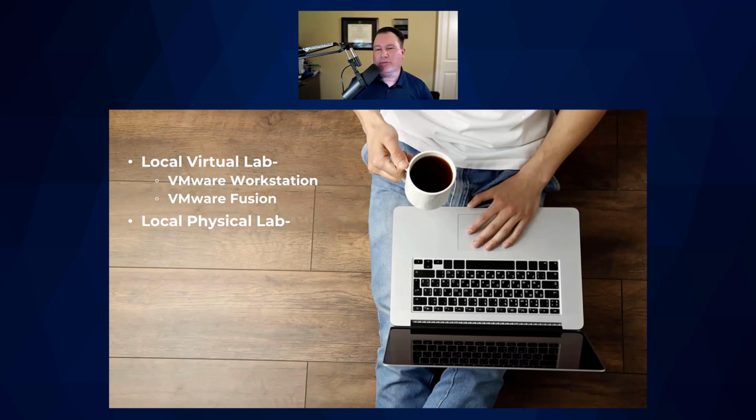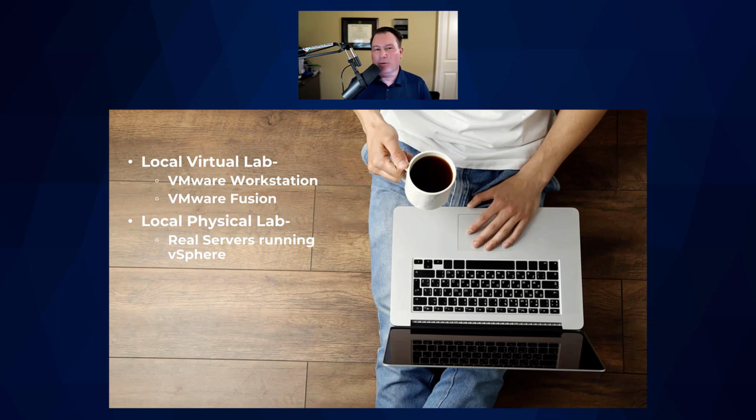The other option is to create a local physical lab of some kind. And to me, that's real servers running VMware vSphere. You could have just a single host. You could install vSphere on that, and you could run multiple virtual machines inside. You could run virtual ESXi servers. They call that nested ESXi, to really create a production environment on a single machine, or simulate a production environment on a single machine, having multiple physical servers like you would have in a real data center, but do it on a single host.